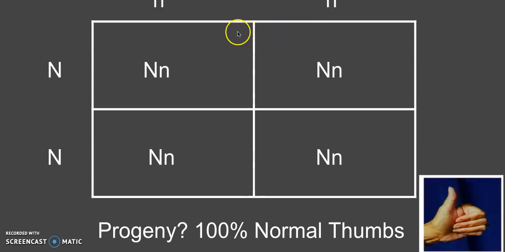And so 100% of these progeny of the next generation are heterozygous. And given that we know that thumb straightness is a dominant